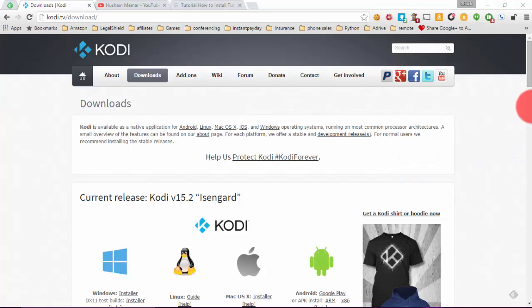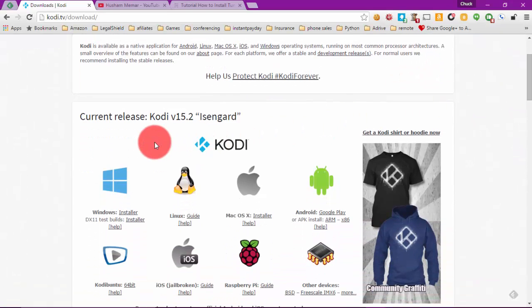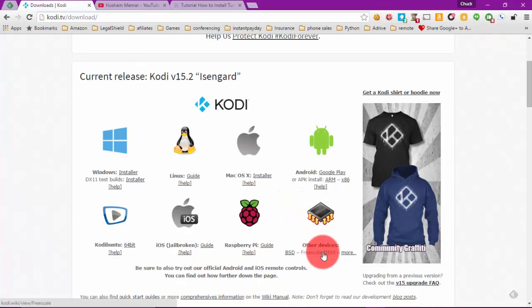And here on the download page, you'll see current release here, and there's a lot of different platforms that you can run Kodi on. In my case here, we're going to be using Windows, but you can also install it on Linux, Mac OS, Android, Kodi Ubuntu, iOS, Raspberry Pi, and if none of these are the type of system that you have, you can also try the other devices and see if that'll work for you. But like I said, today I'm going to show you how to install this on a Windows system. And from here you just go and click on the installer and download it, and I've already done that on the desktop,